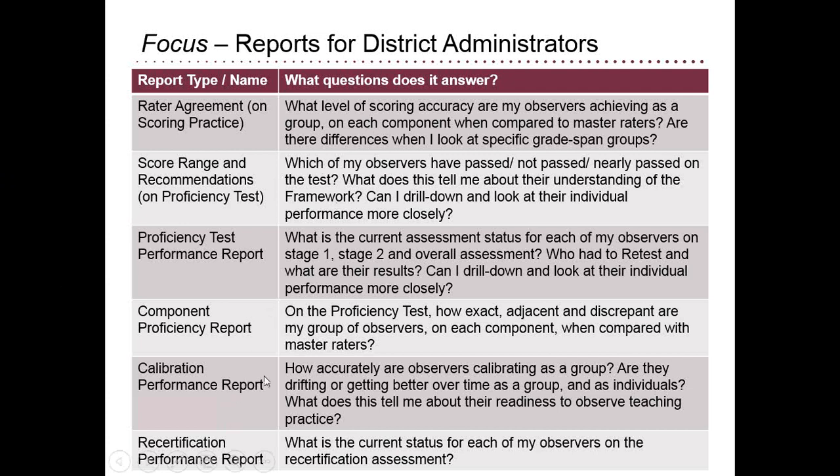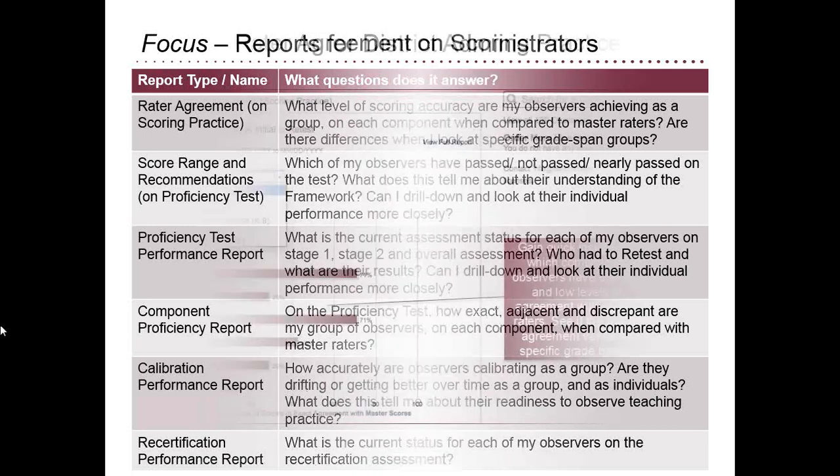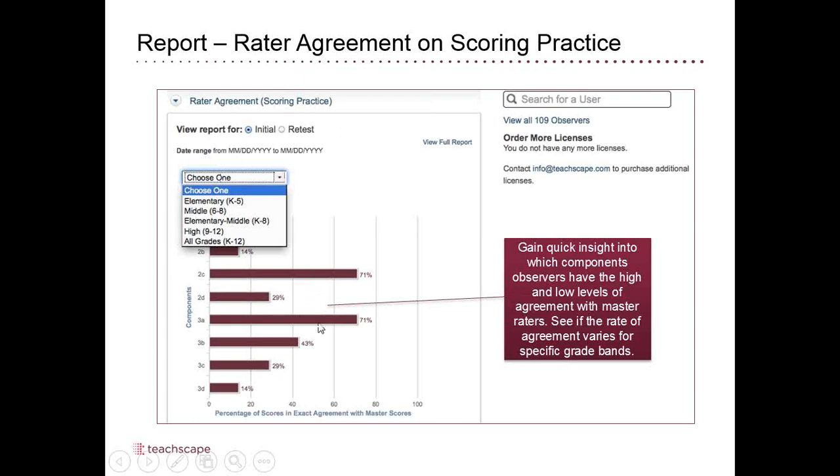Then we start getting into calibration. What we've heard from ETS, Educational Testing Service, is that during the school year, after people have been certified, they probably should have some check-ins just to see if people are drifting away from the original training. This is a shorter process, so we can look at what calibration reports look like. And then there's recertification, which depends a lot on different state regulations, where people don't do the entire test from the beginning again, but they essentially recertify, which is a much more formal process of calibrating and saying, okay, are we all pretty much in the same place during the school year?